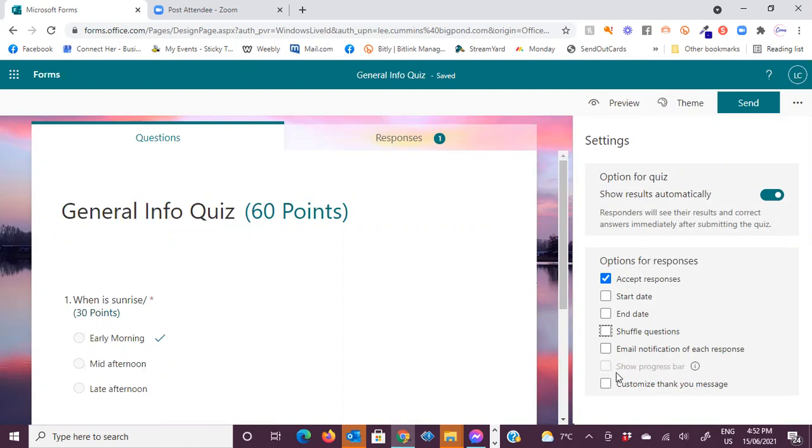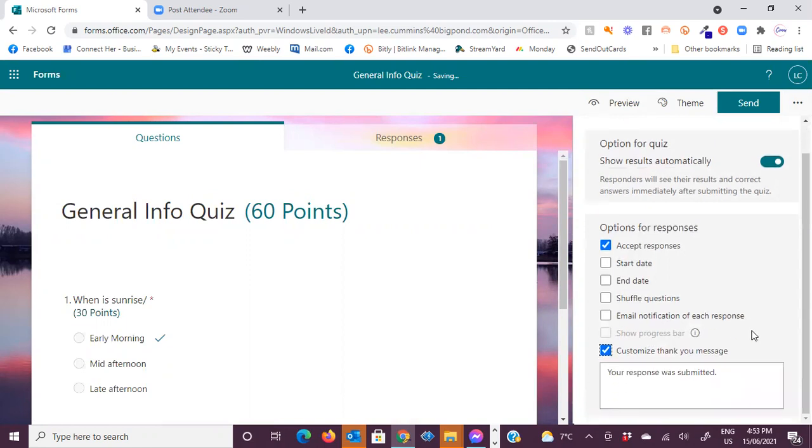There is an option to do a progress bar, but that is if you've got multiple pages, so multiple forms or quizzes. And then you can customize your thank you message. Now, this is super important because